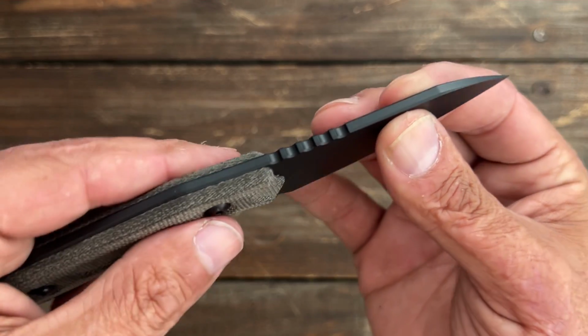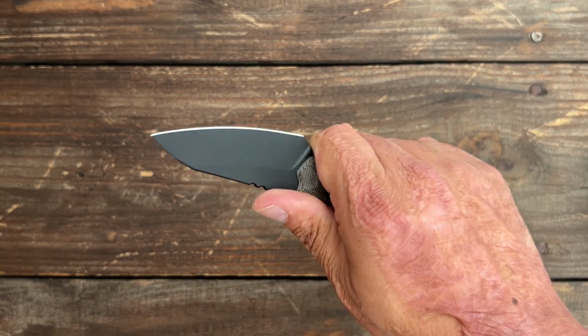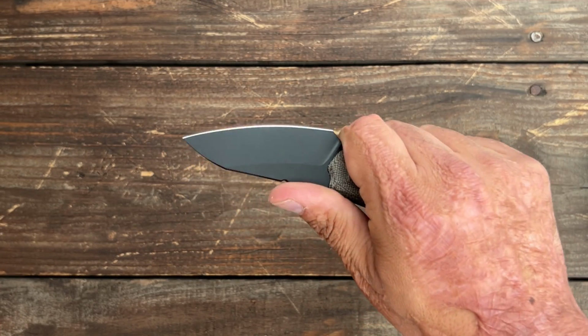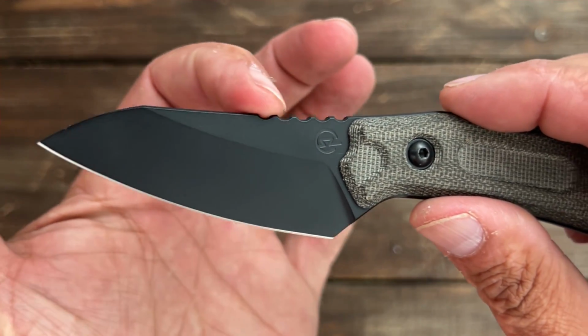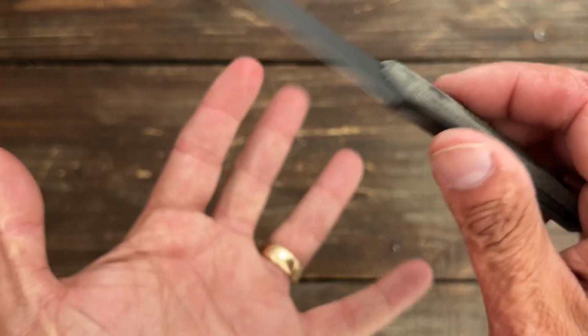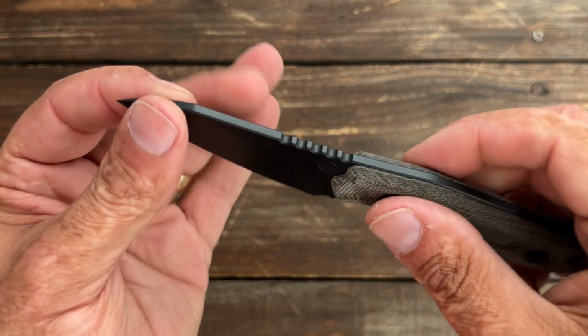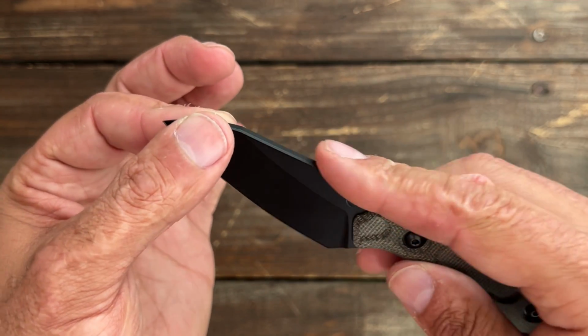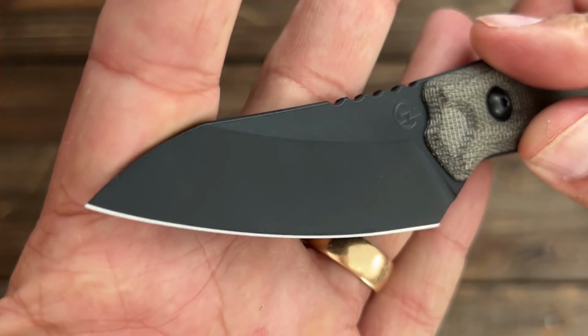You have a row of jimping here. It is wide cut jimping. It's not super uncomfortable or anything, and I can overshoot it if I need to. But I will say that is one thing I wouldn't mind having fine cut jimping here, just because my hands are just beat up and that can be uncomfortable. But the coated blade helps it from being super sharp. There's his logo right there. And on Instagram, he goes by